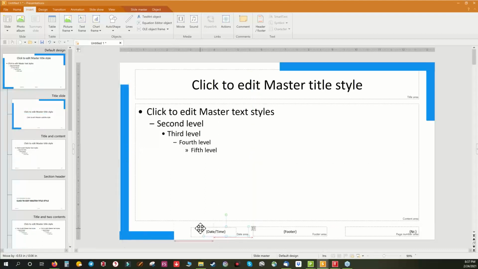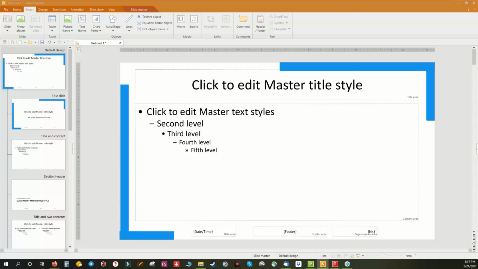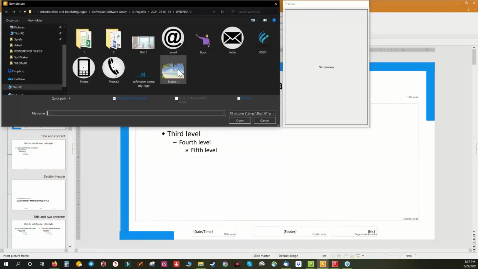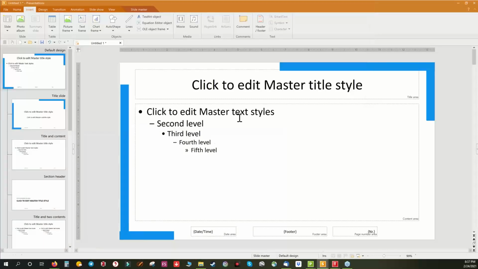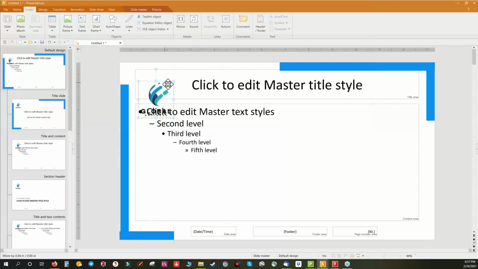So now next, what we want to do is add the logo again. Wait a minute. Let's go for the logo. Oh wait, I clicked the wrong button. Logo. Place it here in the corner. So, and